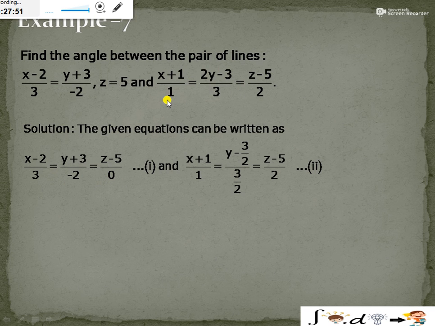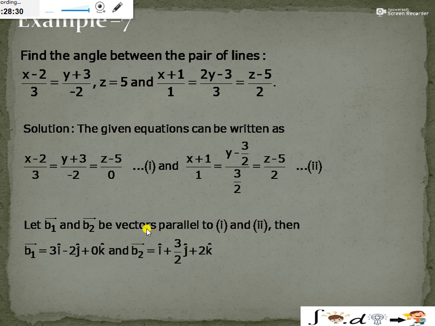ठीक है, और सेकेंड इक्वेशन में एक चीज ये देखिए, जब ये हमारे पास ये है ना x प्लस 1 बाई 1 इज इक्वल टू 2y माइनस 3 बाई 3 इज इक्वल टू z माइनस 5 बाई 2। अब ये जो इक्वेशन मैंने आपको बताई थी वो स्टैंडर्ड फॉर्म में थी। स्टैंडर्ड फॉर्म में क्या थी, x माइनस x1 बाई a इज इक्वल टू y माइनस y1 बाई b इज इक्वल टू z माइनस z1 बाई c। अब यहाँ पे जो टर्म गिवन है वो 2y माइनस 3 बाई 3 है, तो इसको हम y माइनस y1 में कन्वर्ट करने के लिए हम 2 कॉमन लेंगे, उस 2 को हम डिनोमिनेटर में लेके जाएंगे। वी गेट दिस y माइनस 3 बाई 2 अपॉन 3 बाई 2।